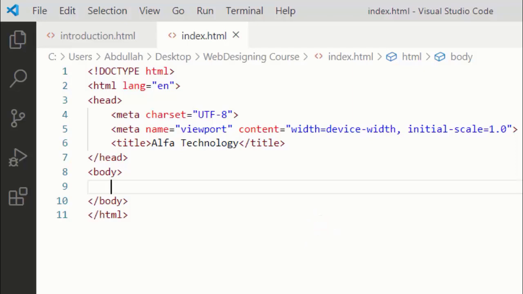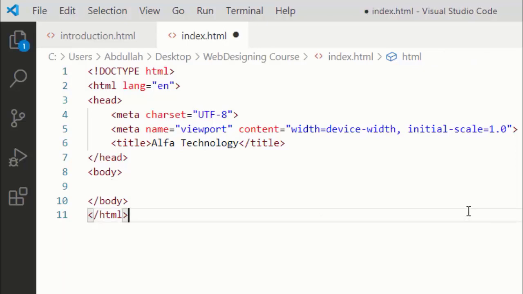Now let's see an example and let's see why we actually need to use the list tag. Let's say I have a website and I am writing a blog, and I want to show the list of my favorite fruits to my user.